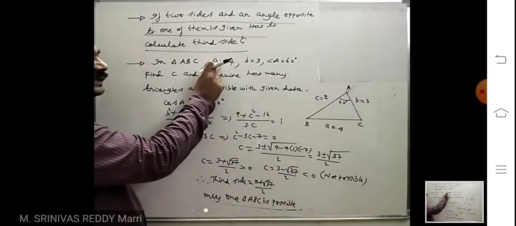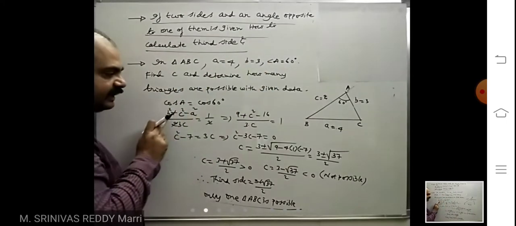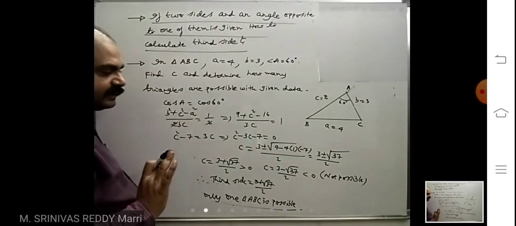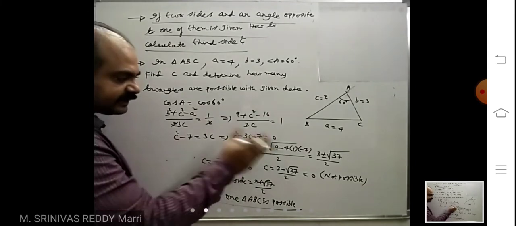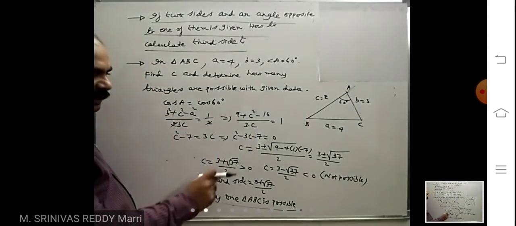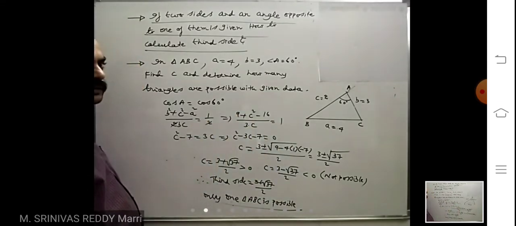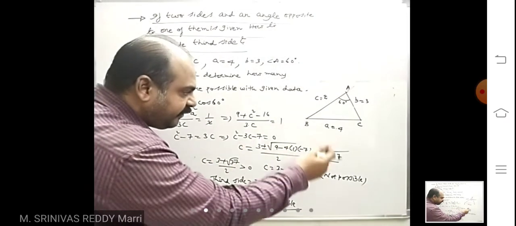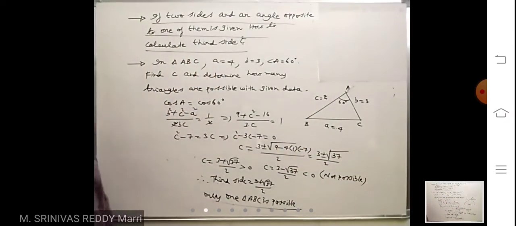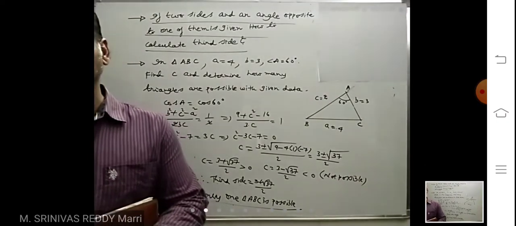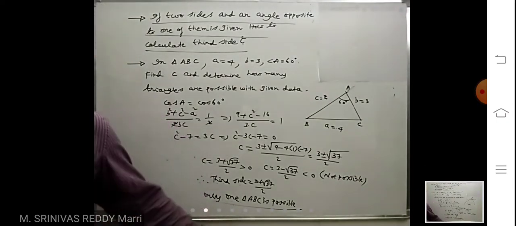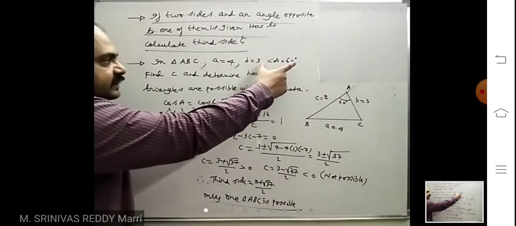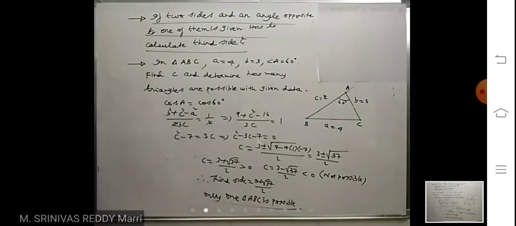Like that, when two sides and an angle are given, immediately you apply the cosine rule. Then you will get a quadratic equation. Solve it and you will get c values, or any unknown side values. If you got two values, two triangles are possible. If you got one value, one triangle is possible. If you are getting imaginary roots, then such a triangle will not be possible, zero triangles in that case. Like that, this model is very easy and very important. Whatever the angle is given, immediately apply cos, then you will get the values.